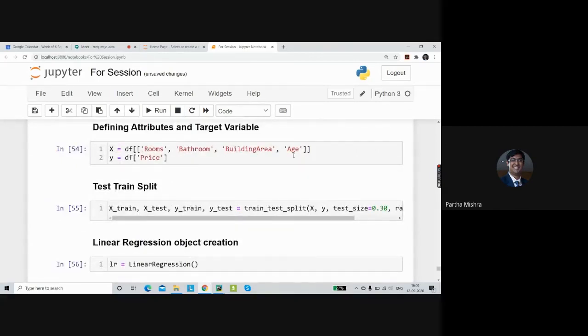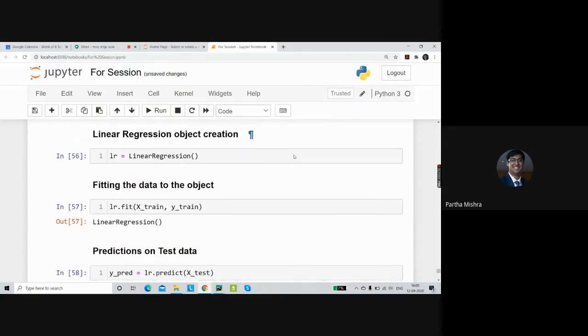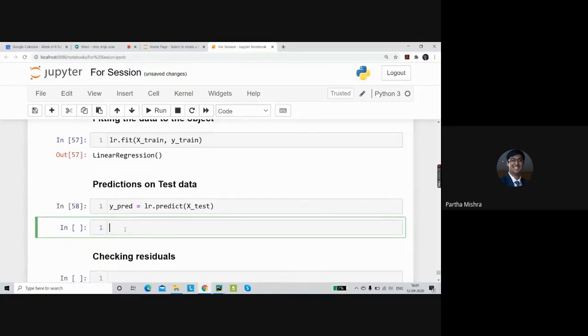So the question we are asking of this model is, how well are the rooms, bathroom, building area, and age data able to predict the price? To check that, we require something called the r squared value. For that, we need to do a small import that we should have done in the beginning. So import sklearn.metrics.